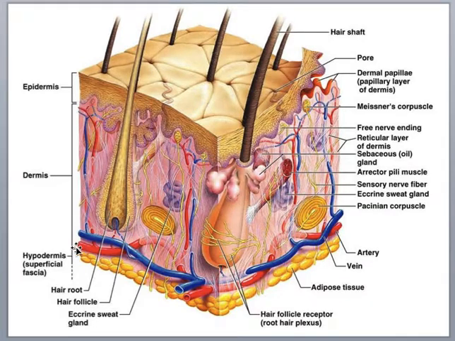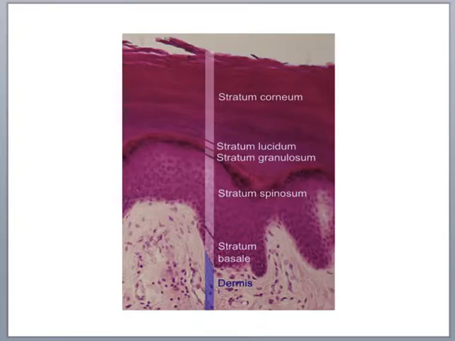And then again, you'll see arteries denoted in red, veins denoted in blue. Again, this is all the vascular tissue, and you see that it runs all the way up. This vascular tissue runs all the way up to right underneath the epidermis. And that's another point that I want to make,